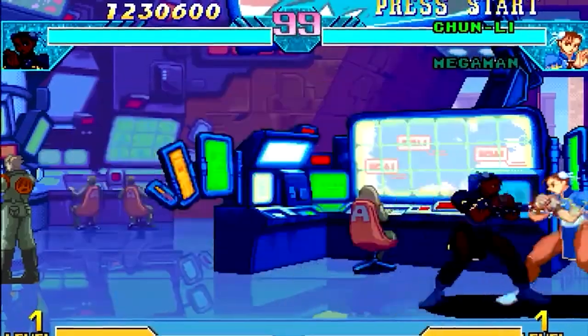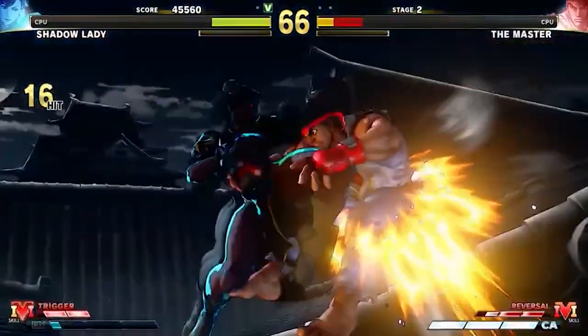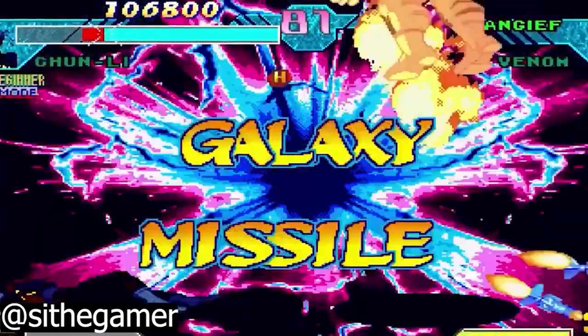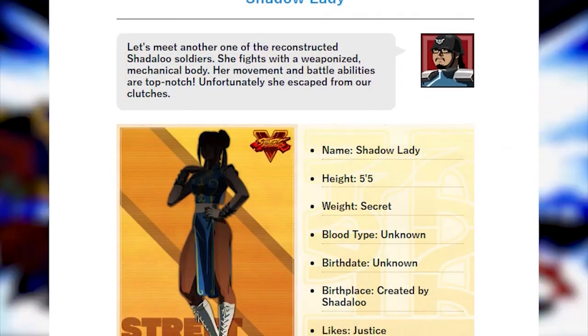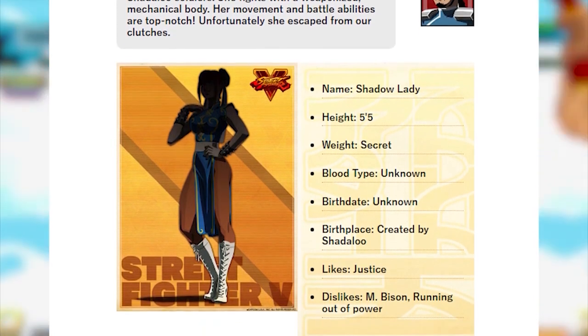Other unique moves she has include the triple jump and air dash, which she is capable of due to having compact vernier thrusters on her soles. Her hyper combos include the Big Bang Laser, a giant energy laser fired from her palms, the Galaxy Missile, a series of missiles that Shadow Lady shoots towards the opponent from her back, and the Final Mission, a move she shares with Shadow. Shadow Lady received a profile in the Street Fighter V Encyclopedia site in September 2016, the day